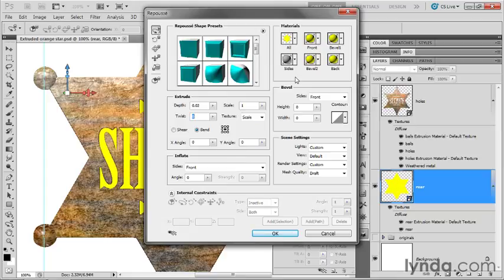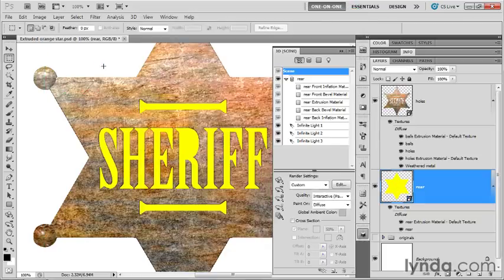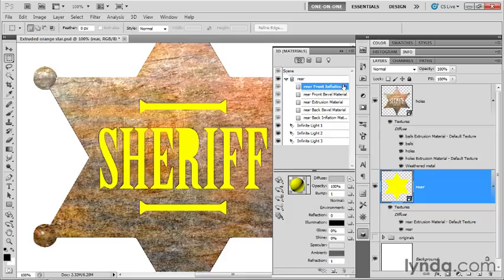Otherwise, there's nothing to be done inside of this dialog box. We don't need a bevel. We don't need anything. So just go ahead and click OK in order to create that new 3D object. Now this one, I'm going to go ahead and assign a texture to in advance of merging because it won't be using the same texture. It's going to be using a darker version of that same image that I've saved in advance for you. And to get to it, go ahead and click on Rear Front Inflation, which is the only thing we have to worry about. Click on the little page icon next to the word Diffuse, choose Load Texture,